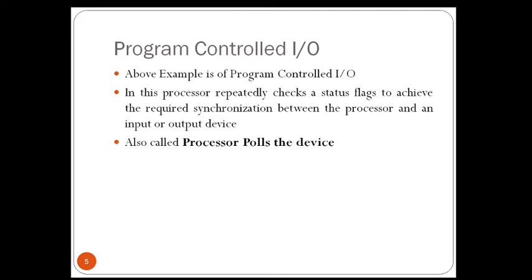Just a small example I will give you for interrupt. Just assume your class is going on. In between, some person comes with a notice, for example, an attender comes with a notice. What will happen? Your professor will stop the class and check who has come, and if there is any notice regarding some information, he will read out the notice and send the person back. Then he will continue with the class where he had stopped. That is nothing but the interrupt.